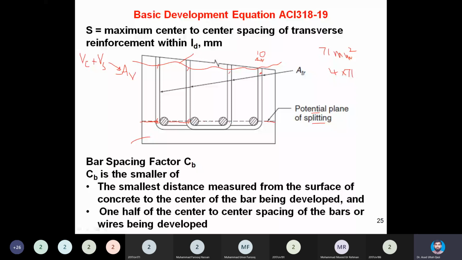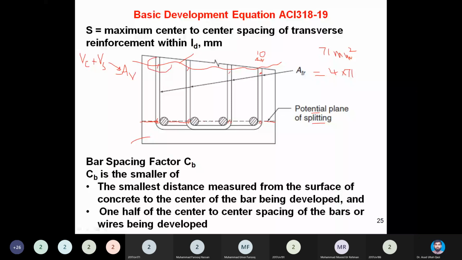So this ATR can be said to be equal to 4 times the leg of each tie. So there are 4 legs and the leg of one tie is 71 millimeter square. So the total area involved in arresting the potential splitting plane is 4 into 71. So it means these ties have a dual role, not only to arrest the diagonal crack, but also to stitch the